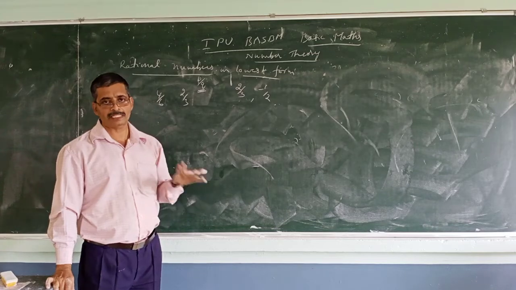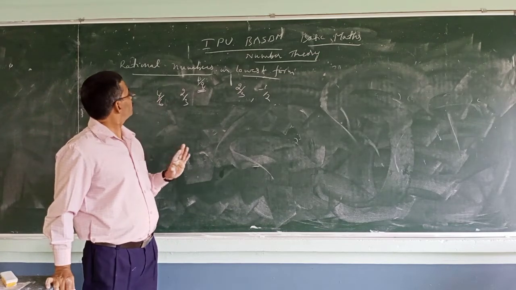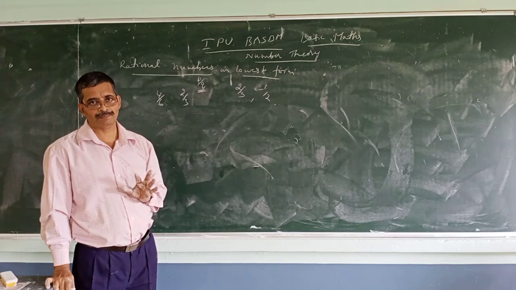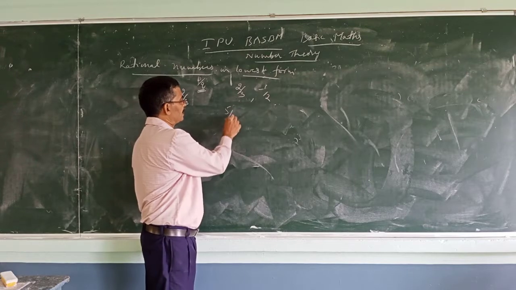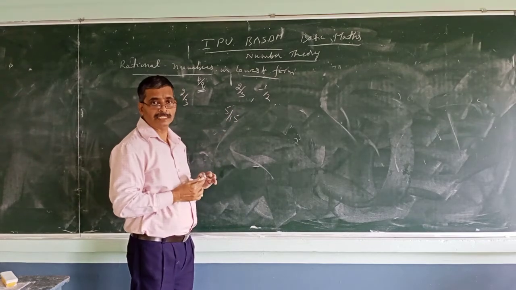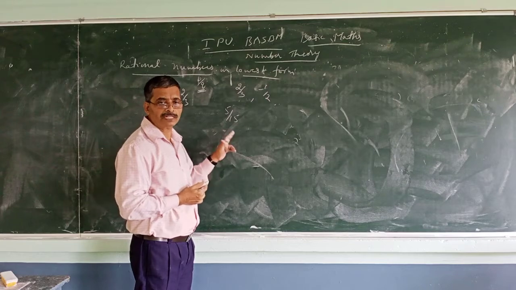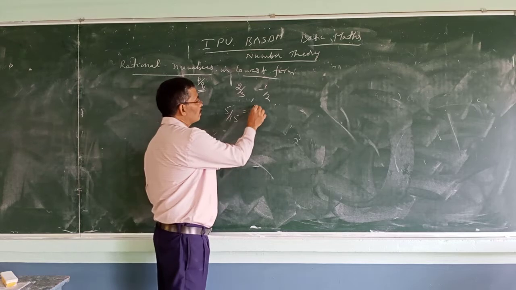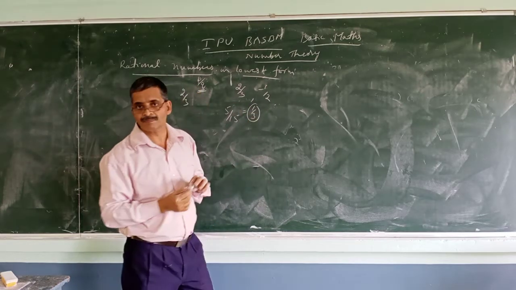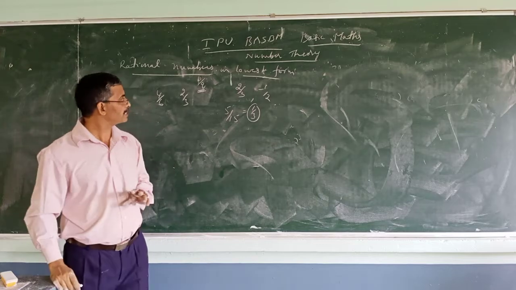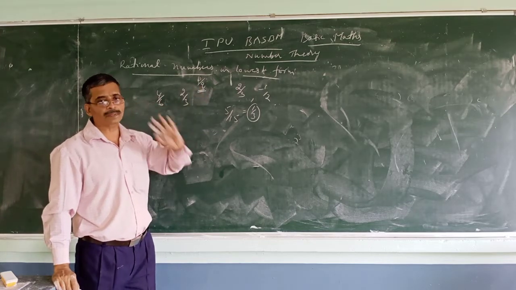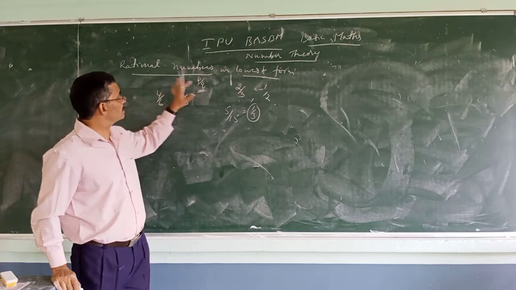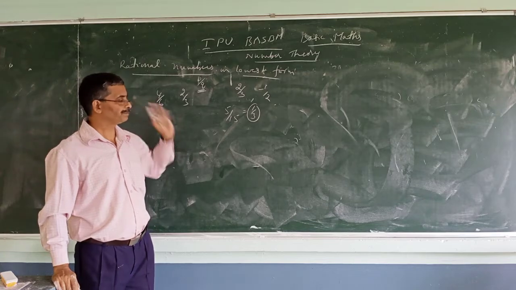Minus 1 by 2 is again in lowest form. 4 by 6 is a rational number but not in lowest form. 5 by 15 is a rational number, but is it in lowest form? No. We can rewrite it by dividing by 5, and it equals 1 by 3. Now 1 by 3 is in lowest form. The important part is that P and Q should be co-primes, with only 1 as the common factor. That is a rational number in lowest form.